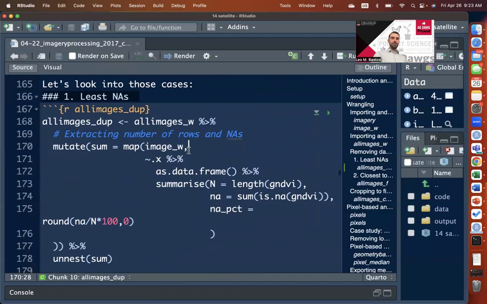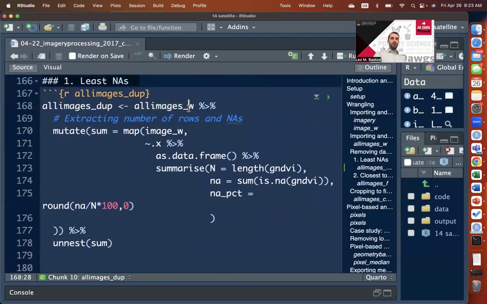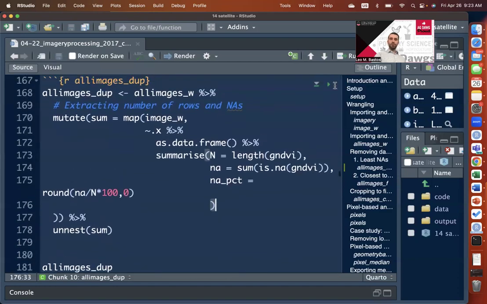All right, so I left you here this code, which I'm basically just starting with all images. I'm creating this column here called sum, for summary, where for each image, I'm transforming to a data frame and then summarizing, getting the total number of observations, then getting the number of NAs, and then getting the percentage of NAs in that image. So I can use this rule to determine which ones I'm keeping, which ones I'm leaving behind. So if you just run this code here